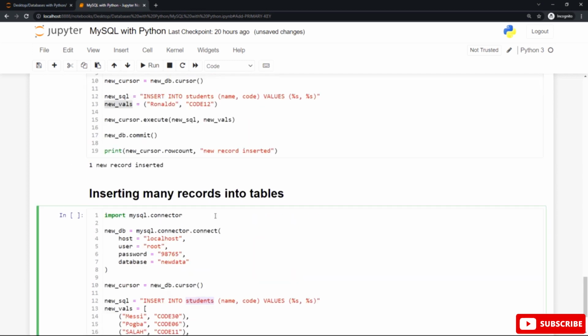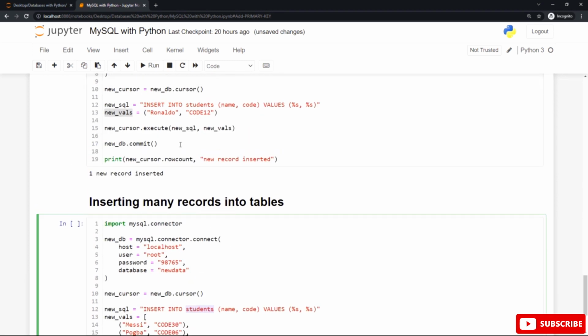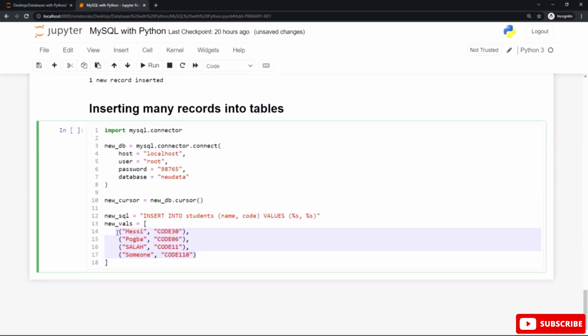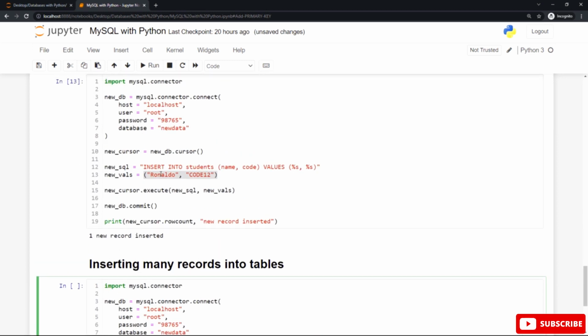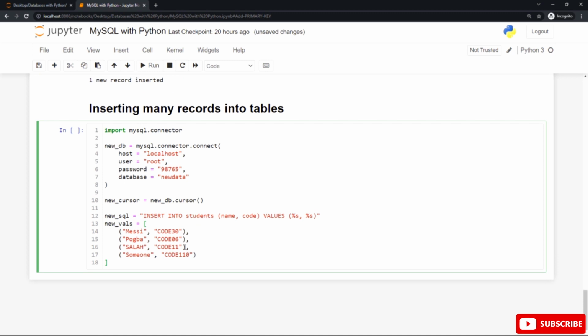Previously, we inserted only a single record to this table called students, and this record, as you can see, is the value for the first record in this table. And now by using these values, we want to insert 4 records. These 4 values are for the next 4 records after the first record for Ronaldo, with its code, as you can see here. And also, as you can see, to add many values, you can add tuples inside a list of tuples here, and you can add as many records as you wish, not only 4 after the first record. You can insert many records by using the same way.